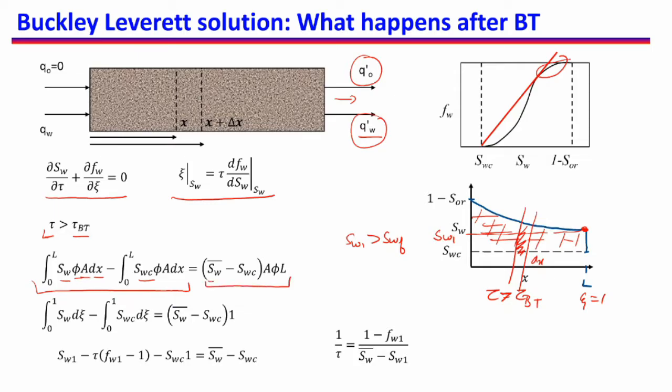So average saturation of water minus SWC multiplied by A phi L. A phi L is the total pore volume, multiplied by the extra water saturation that has come in, will give me the total volume of extra water that has come inside the porous medium. Again we are discounting any water that has been produced. Before we do integration we cancel out A phi, we divide by L. If we divide by L, dx becomes d xi, and this L limit will go to 1 because now xi goes from 0 to 1, and here A phi L we have divided by, so this will be 1.